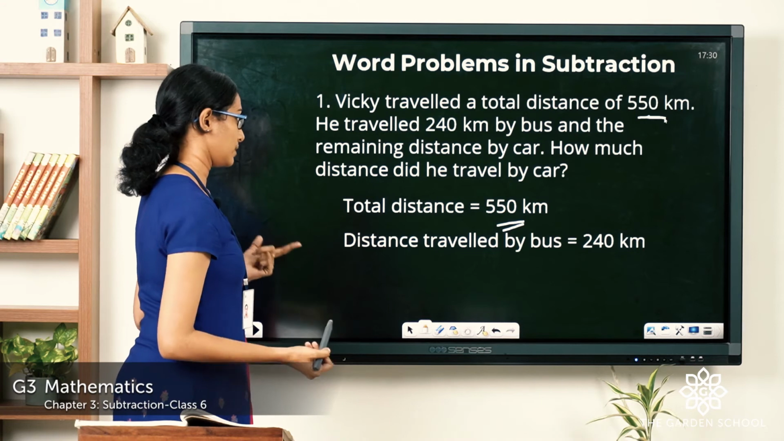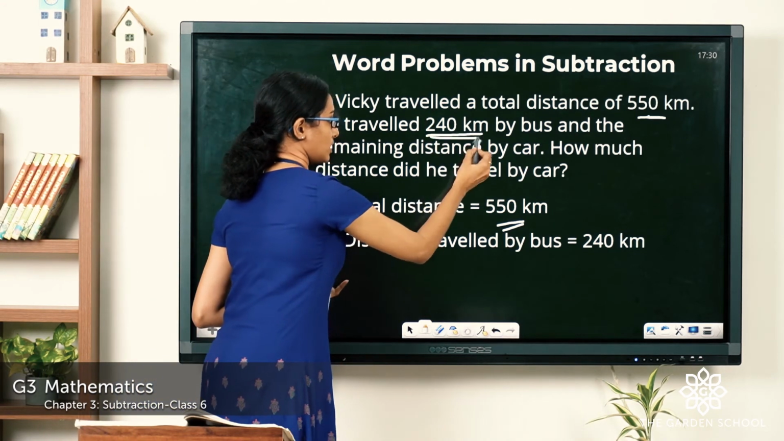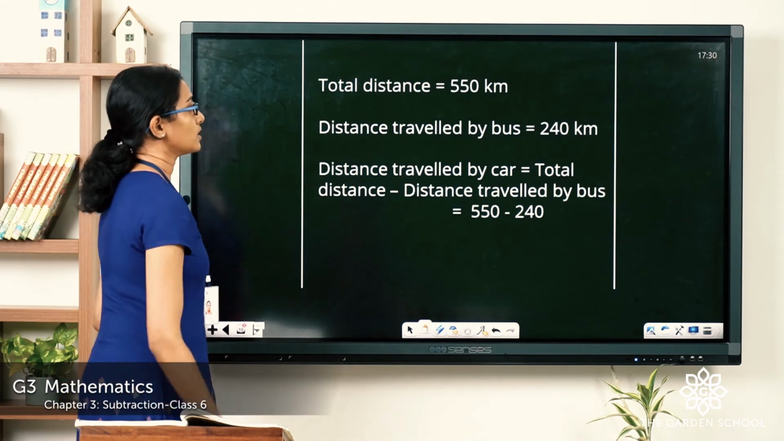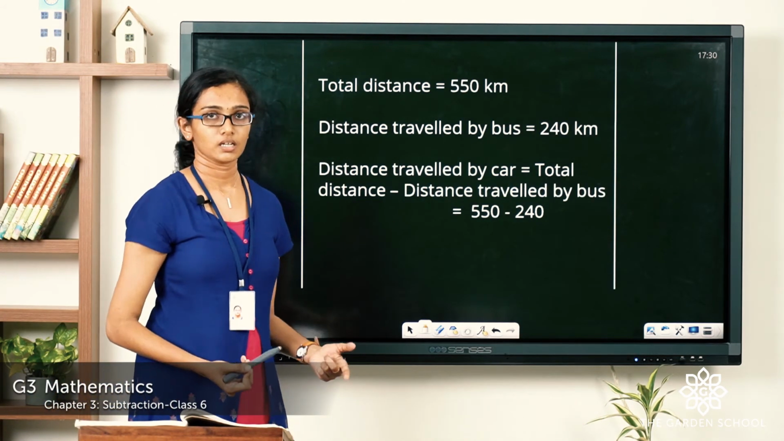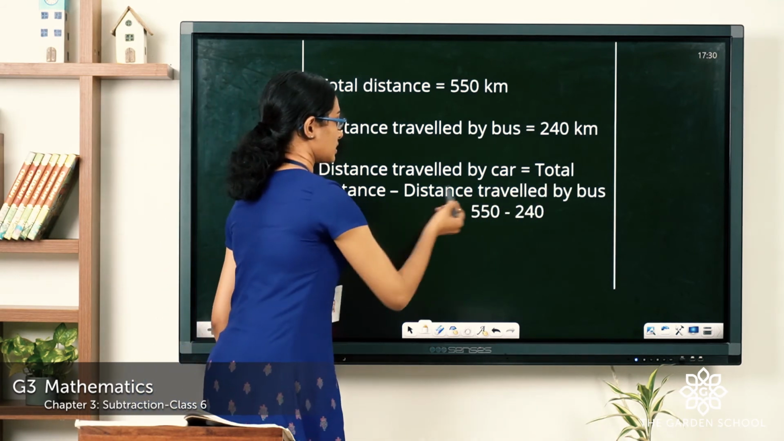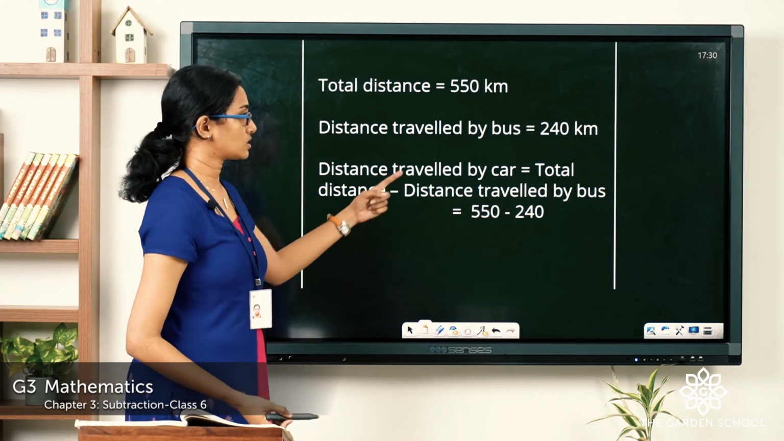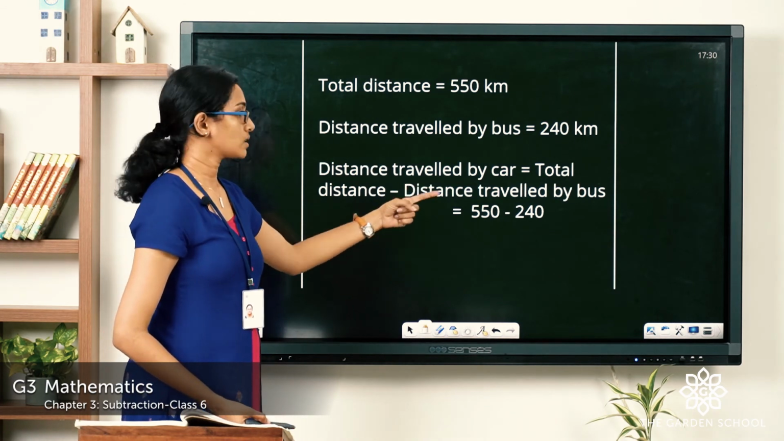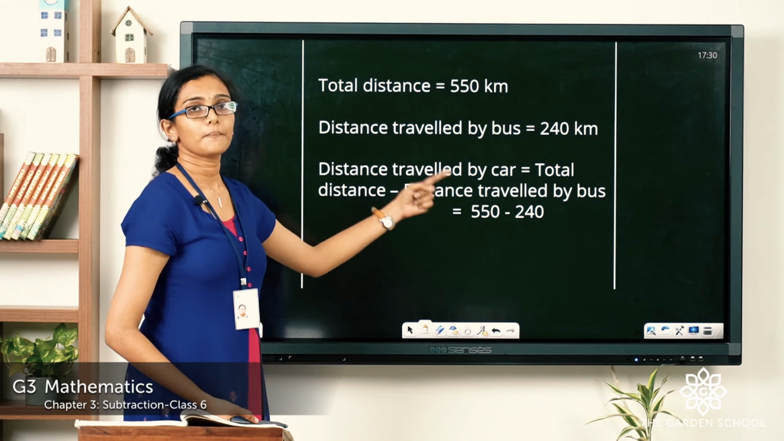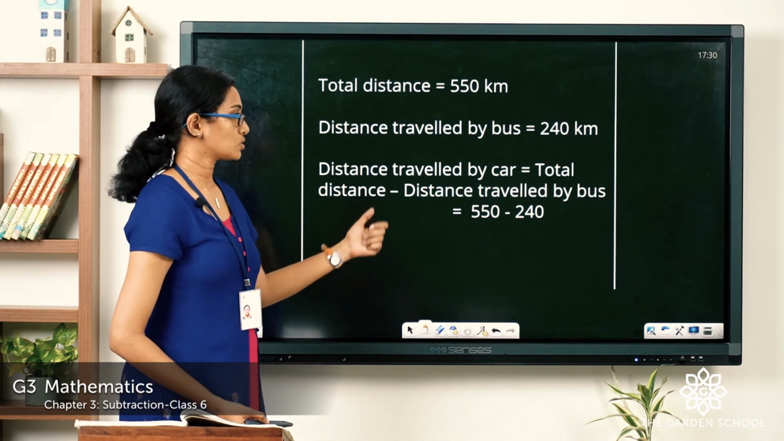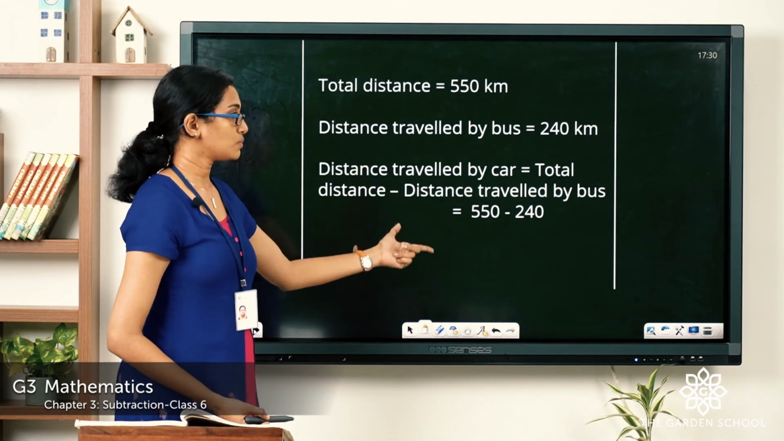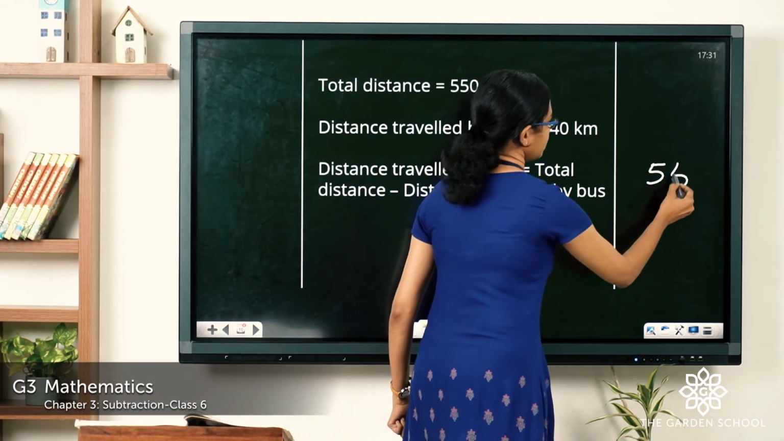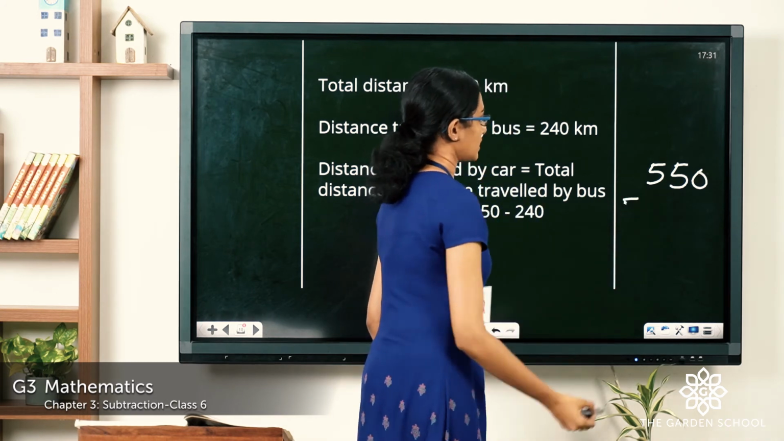Now, the distance traveled by bus is 240 kilometers that we have written there. Now, you have to find out the distance traveled by car. That would be equal to the total distance minus the distance traveled by bus. Substituting the numbers from the data, we get 550 minus 240. Now let's subtract these two numbers. You have to do the calculation in the working column. So, 550 minus